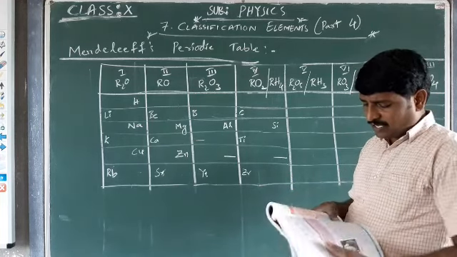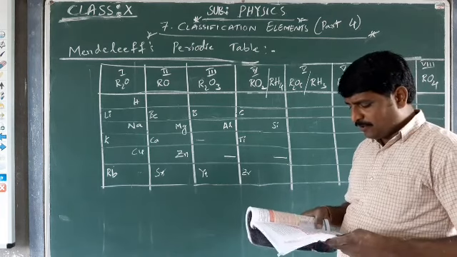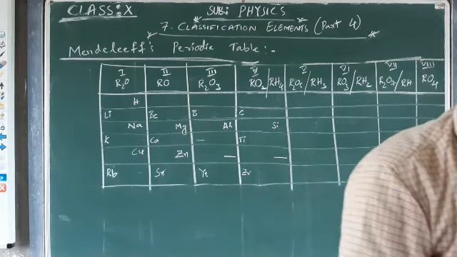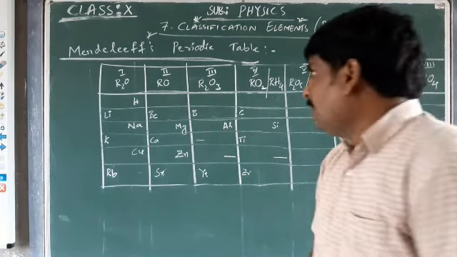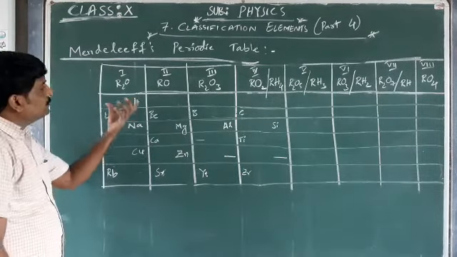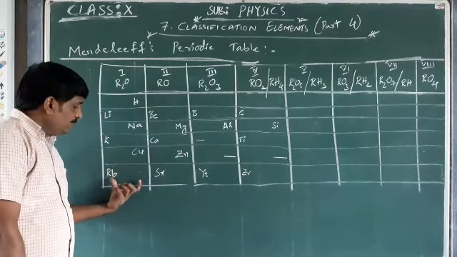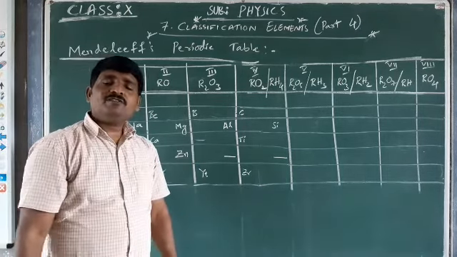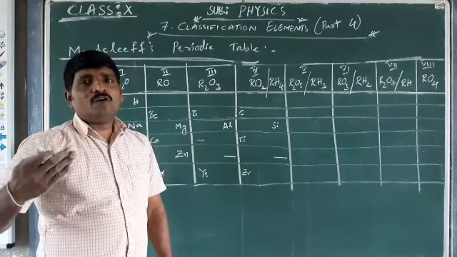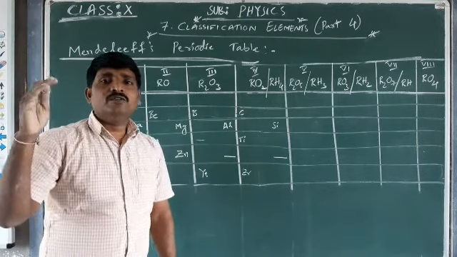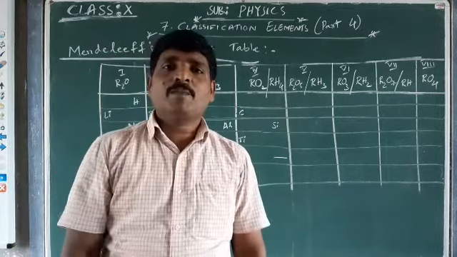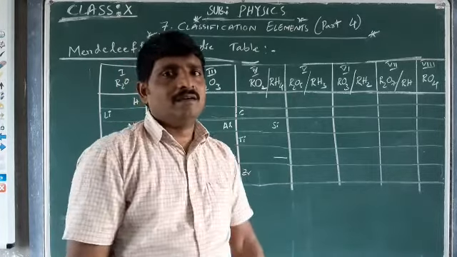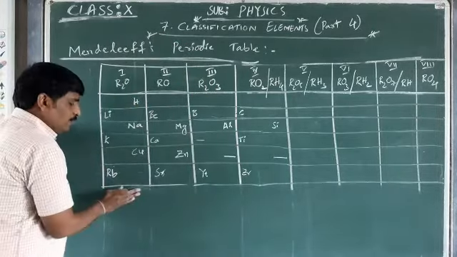The elements in the first column, for example, react with oxygen to form a compound with the general formula R2O. This is a very important thing to keep in mind. What made him place these elements as a group? Actually, it was based on chemical properties, and moreover the compounds formed by the reaction of the elements present in a group have a similar expression.